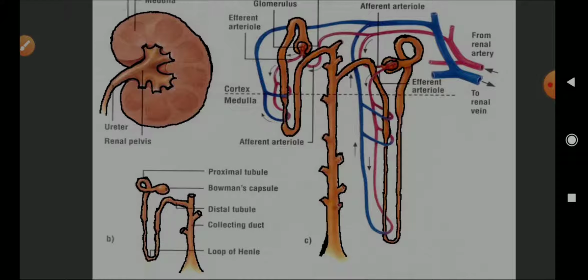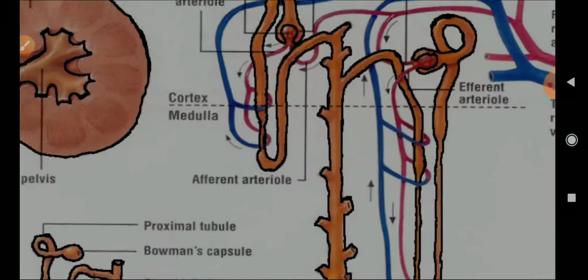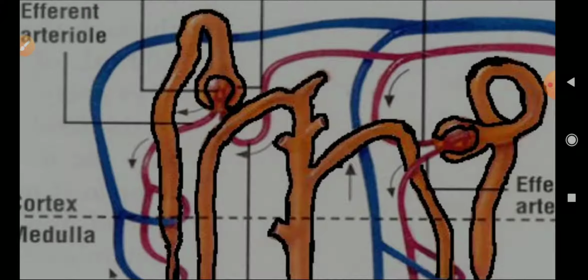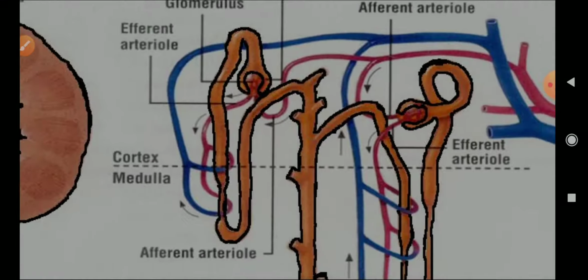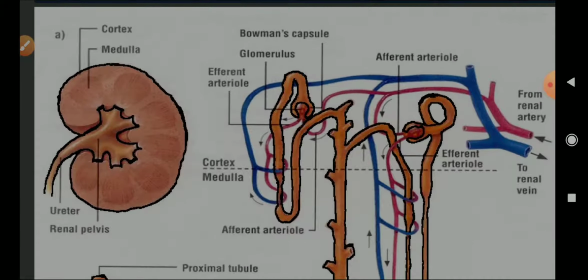This is how the process occurs. Anyway, we'll see the process of formation of urine afterwards, but let us talk about the nephron. Now I'm zooming it. Here is the renal artery. From where is the renal artery entering? The renal artery is entering from the dorsal aorta. The function of the renal artery is to supply oxygenated blood along with impurities like nitrogenous waste materials, urea, uric acid, creatinine, phosphate, and a high amount of minerals. The renal artery possesses all these things.